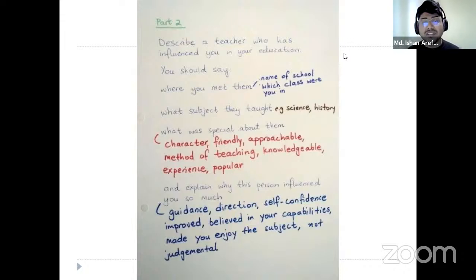And then, why did this person influence you so much? You can say that he had achieved a lot in his life. He was a very regular person with a good ethical sense of view. So his life practices and his friendlier approach to the students influenced me a lot in my life, and I have learned the ethical approaches and the approaches to be kind from him, and I still practice the approaches taught by him in my real life. You can say something like this in your speech.